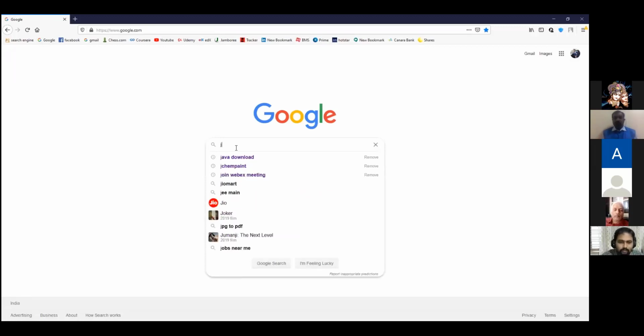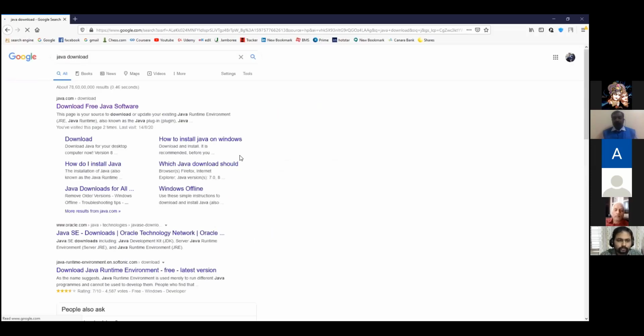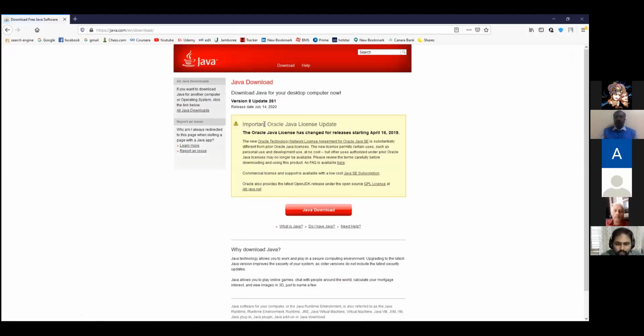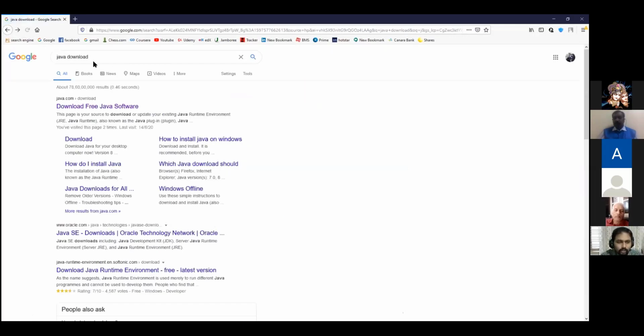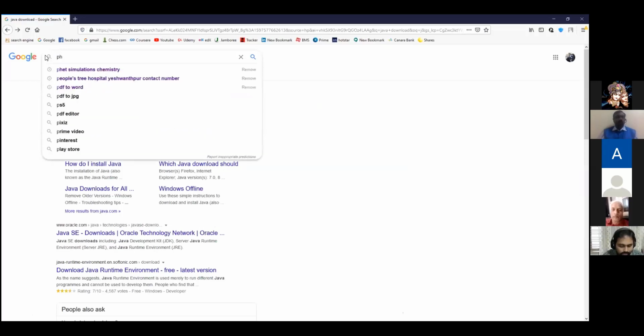Type Java download. Download the free Java software version. Here you can download the software Java, and with this software the simulations will work. Download Java, then go to Google and search for PhET simulations chemistry.